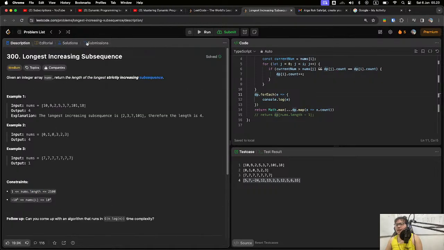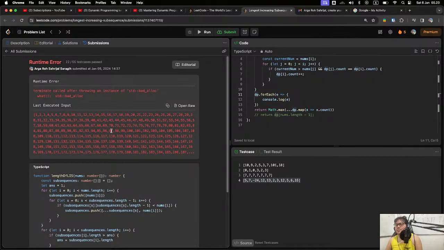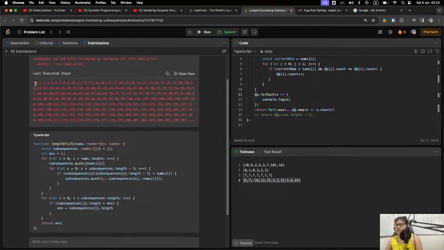So I failed by running out of memory here, because stupidly I did this. Let me do a three element example.